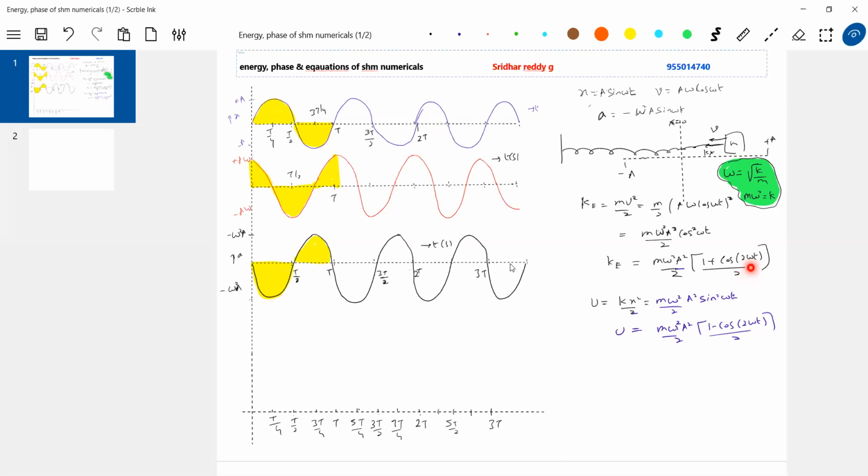Okay, one thing I'm very sure of: where velocity is 0, when the speed is 0, the kinetic energy must be 0. Here at T by 4, what should be the kinetic energy? Should be 0. At T by 2, what should be the kinetic energy? Maximum. At T by 2, it should be maximum. Again, at 3T by 4, it should be 0. So therefore, the curve